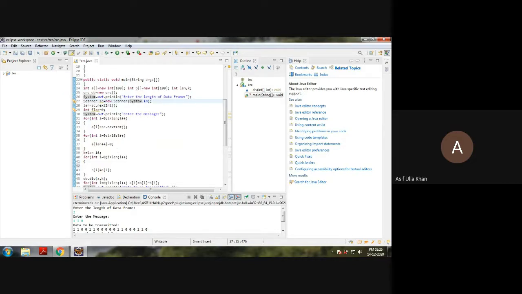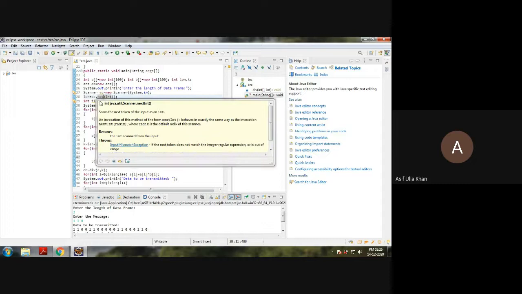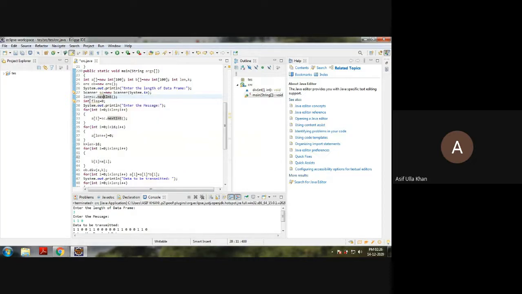In the previous example also we had transmitted the same data, 110. Now the very important thing is nextInt, which is a method of the Scanner class to read the input in the format of integer. Since I am entering the data as an integer, in order to read the integer I use the method called nextInt.